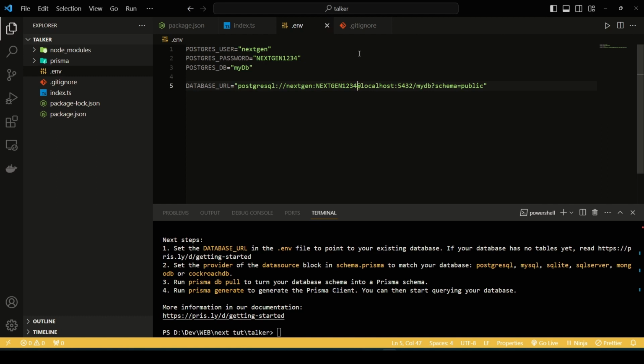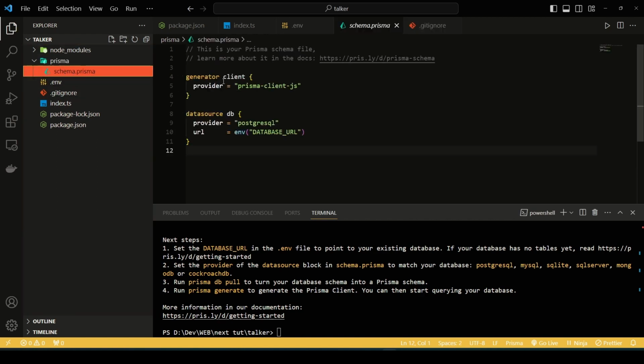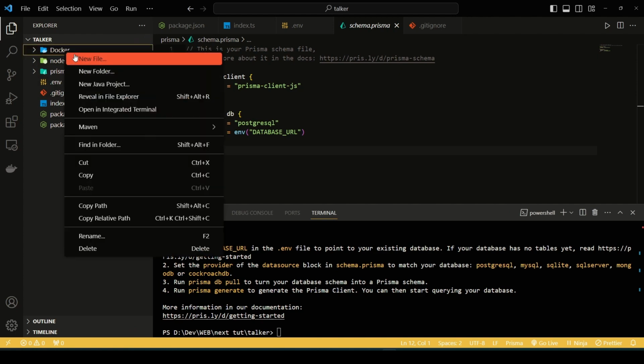All right then, and as you can see here, your database is hosted at localhost 5432. But at our localhost, we don't have this database hosted yet. So for that, we need to create a Docker file. And before that, let's look into our Prisma schema as well. It has a client, Prisma client, and the database is Postgres. Okay, then, so let's create a folder here. Name it a Docker folder. And inside this, you need to create a file,